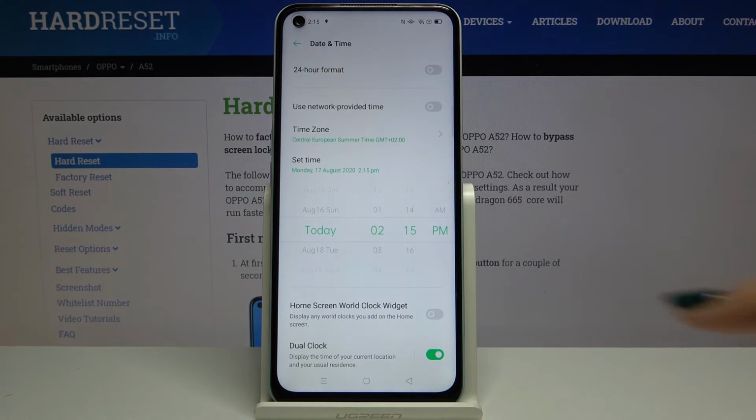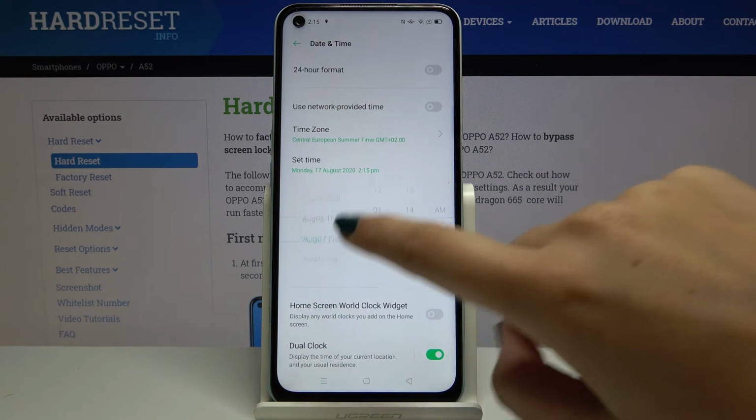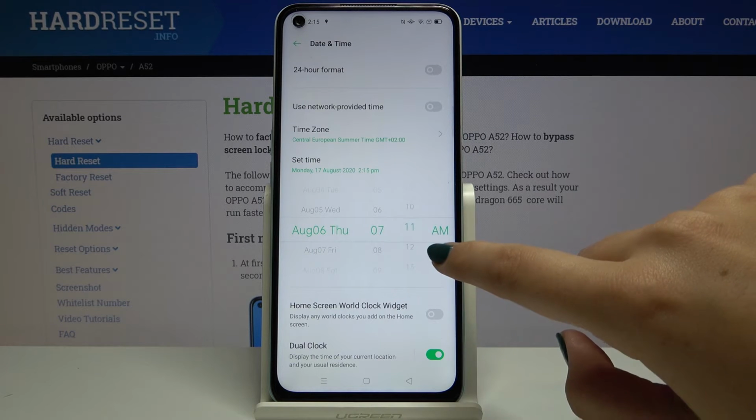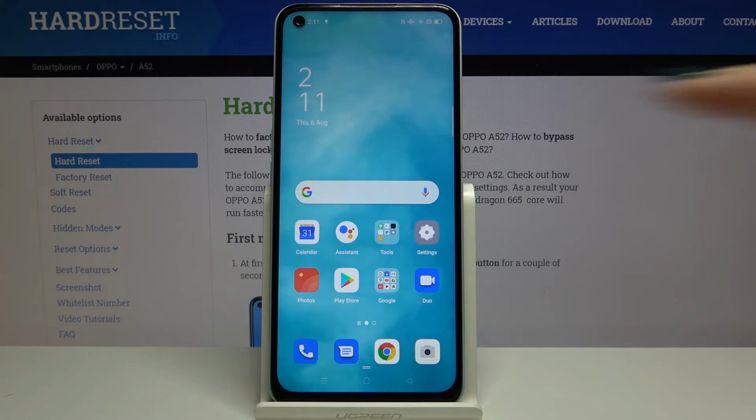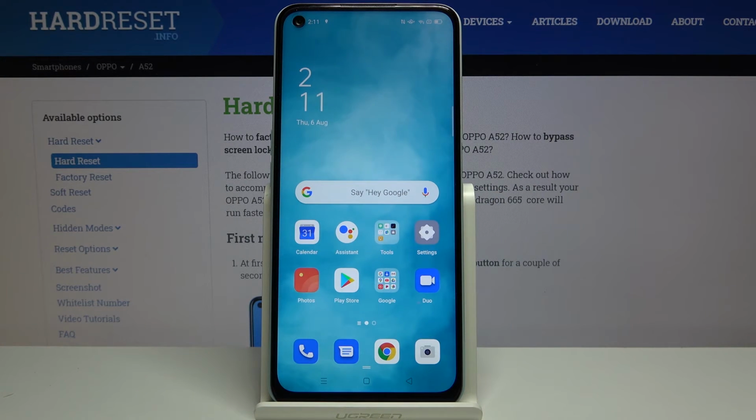So let's click on this and pick something randomly. Okay, so that's all. As you can see, we've just changed the date and the time in our OPPO A52,